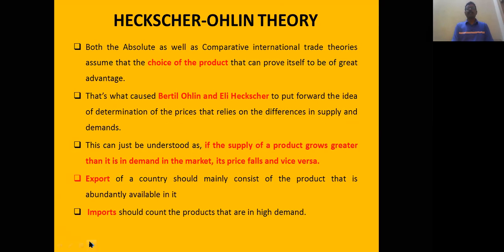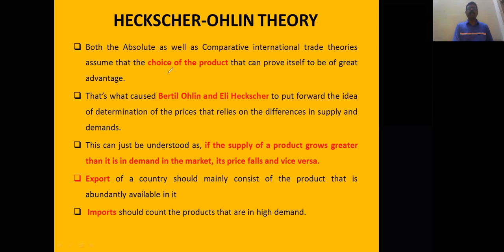Next, the Heckscher-Ohlin theory. The Heckscher-Ohlin theory is a combination of both the absolute and comparative trade theories. He said that it is the choice of products that decides which goods a country wants to export. For example, nowadays the world is after India for vaccines, vaccination, and other procedures. Next, India is after the world for health equipment and other aspects. In this way,